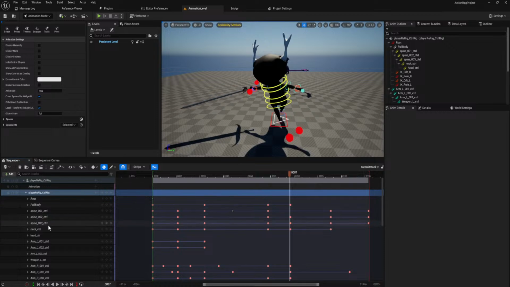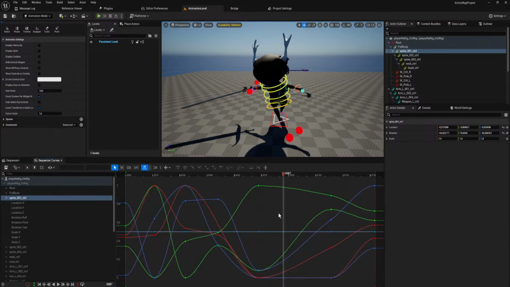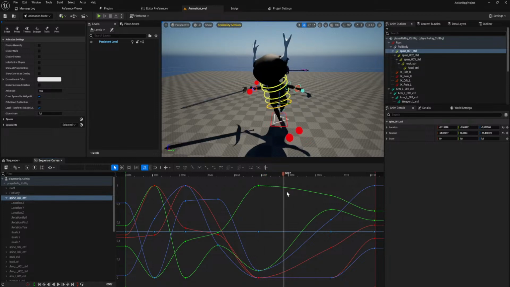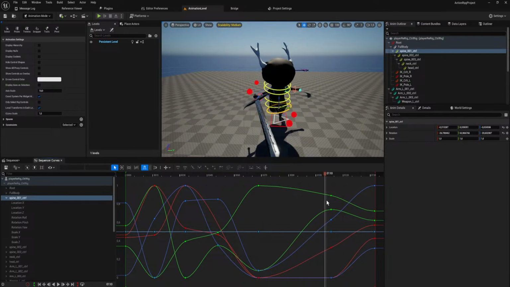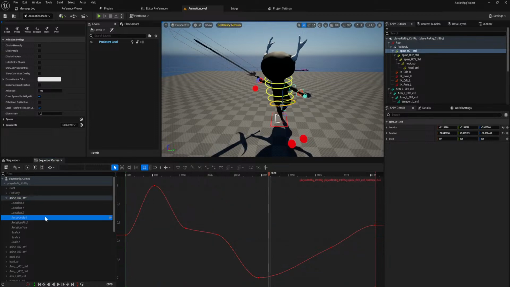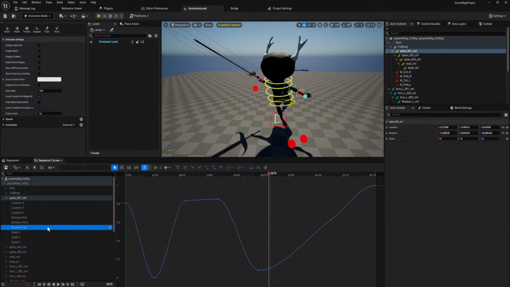Yeah, I think it's the hips, which would be this one. And then it would be one of the rotations, which I always get mixed up. So this is going to be fun.